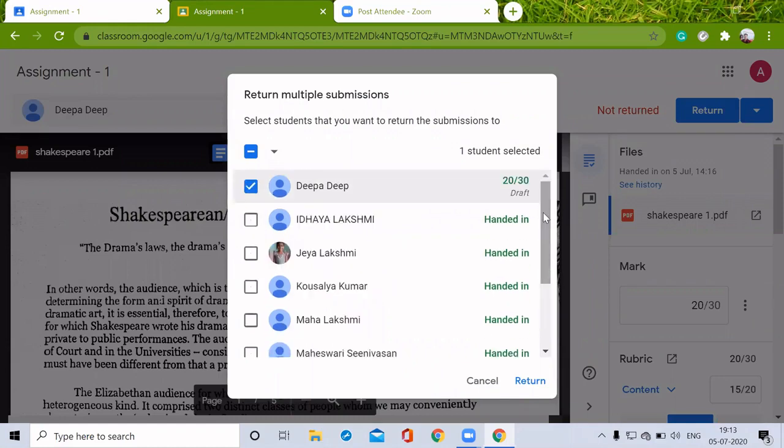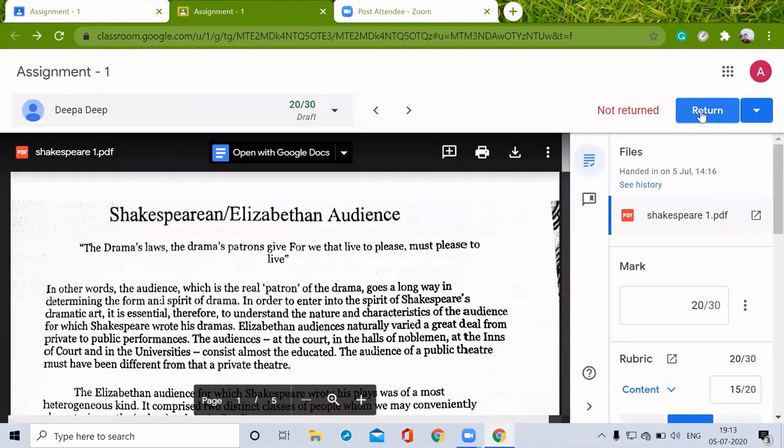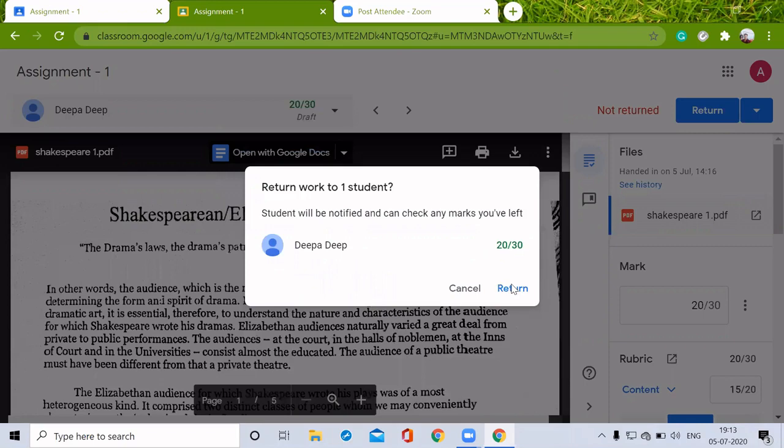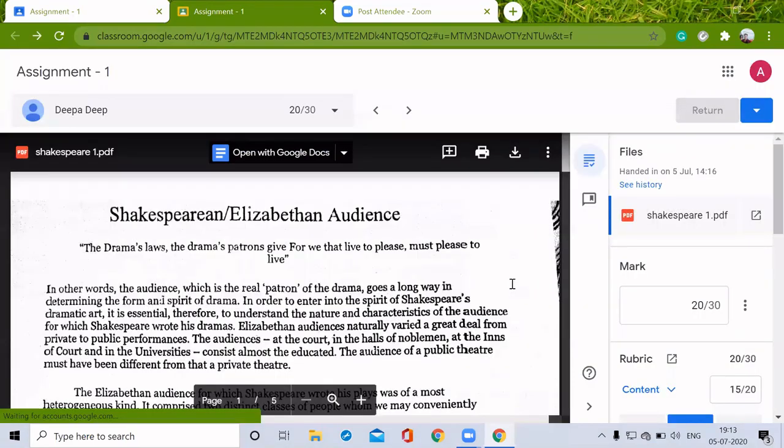But I'm just going to return only for Diba. We can click return here, or just by clicking this return tab here. So the particular student will have received her marks in her mail.